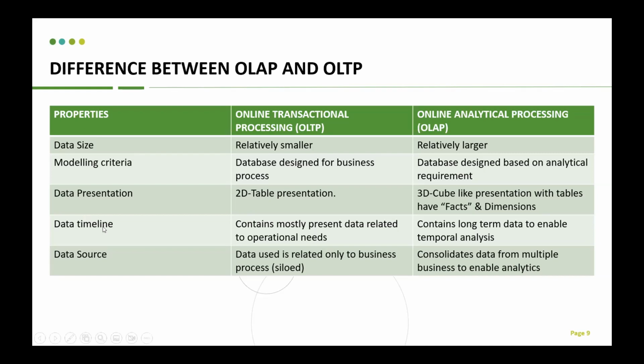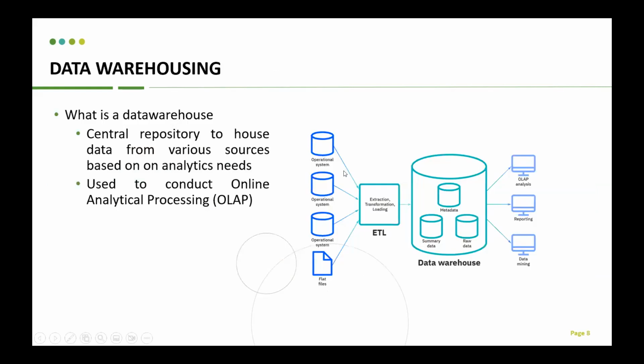And finally, when we look at data timeline and data sources, as I mentioned, OLTP is only interested in the day-to-day operations of the business. As long as all the records come in daily or monthly, they'll be stored for a short duration and then moved to long-term storage. Whereas for a data warehouse, we are always interested in the full length of the data, because only then can we do effective analysis. And as for the data source itself, it's quite obvious from here. In OLTP, it is all individual standalone, or what we call siloed data storage, but a data warehouse consolidates